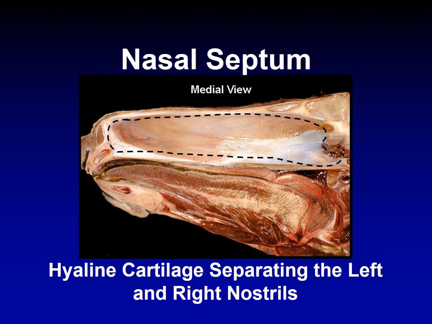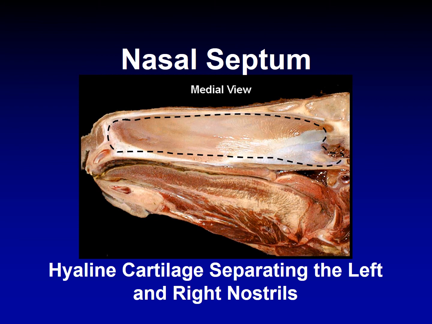The nasal septum is the next thing that we will be finding. Here's a picture of the nasal septum lined by some dots. You can see that it separates the two nostrils, the right from the left, and it's hyaline cartilage basically. Sometimes we will see this in the clinic as deviation of the nasal septum, which requires breaking and a surgery